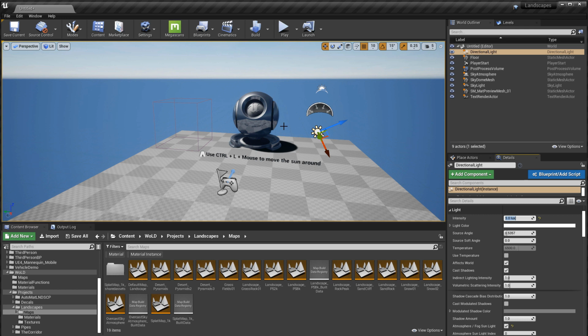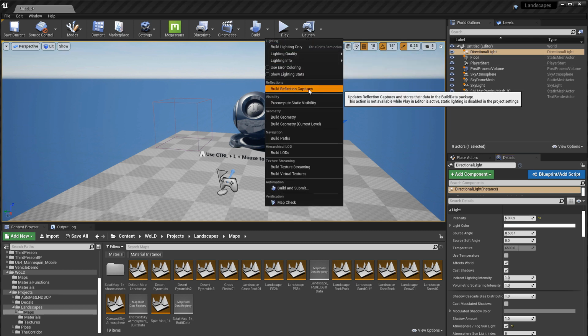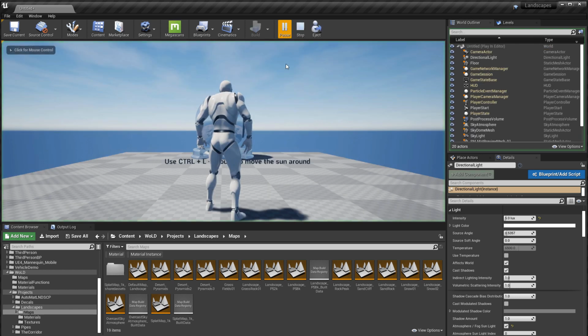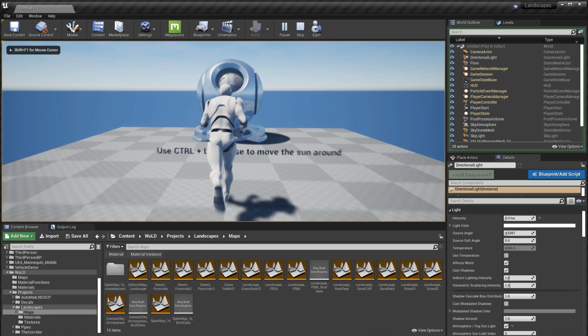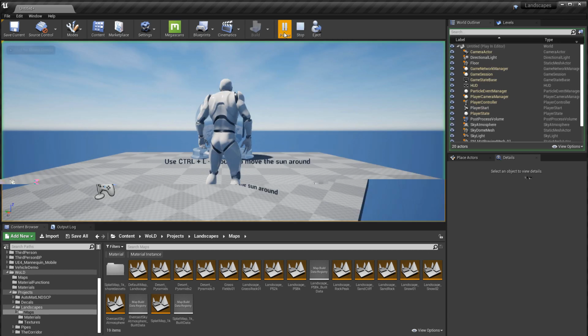Now there's going to be incorrect reflection showing up in the viewport. So all you need to do is build reflection capture. And this will fix the scene. So this was more of an annoying issue of having to constantly spawn into the map to test and have that fade in effect take over. And I just don't like that. And this is how you